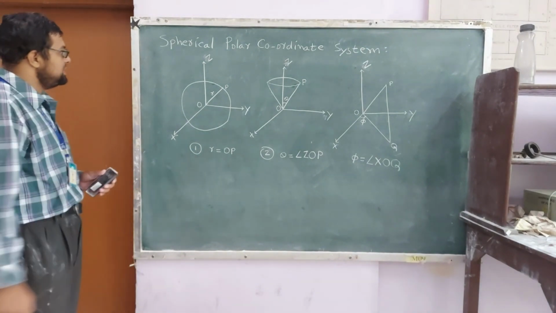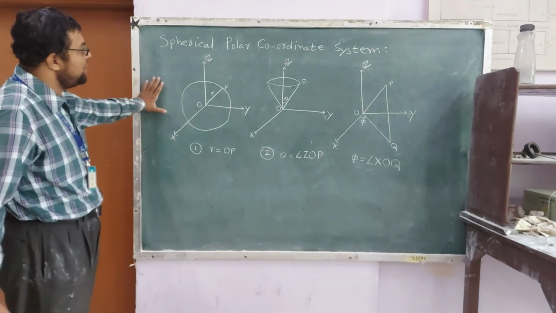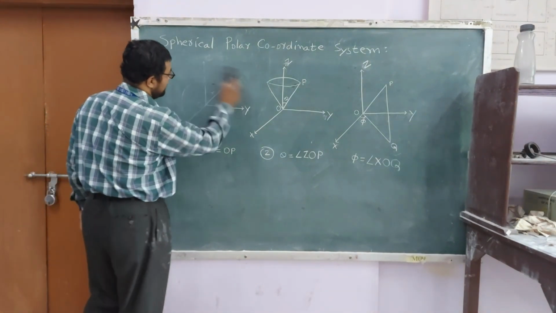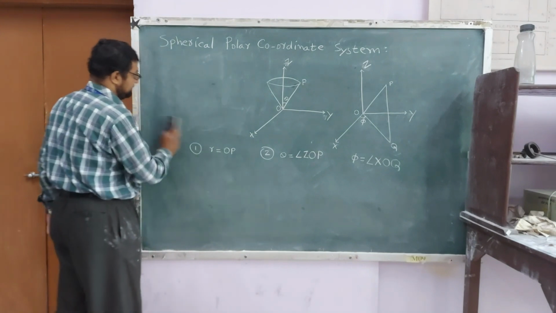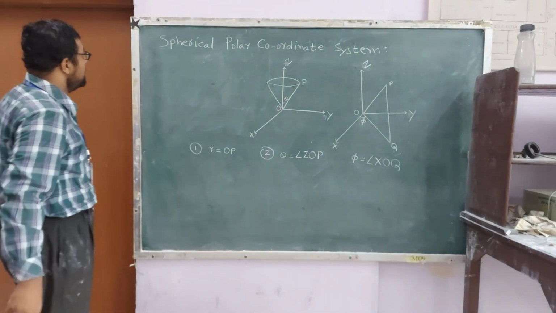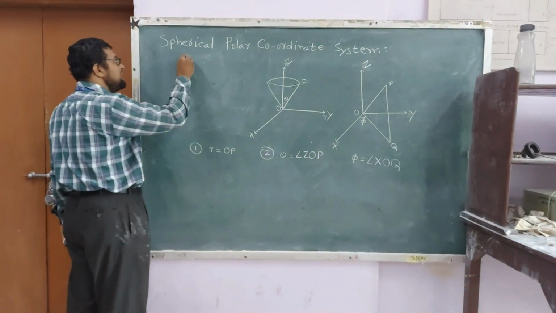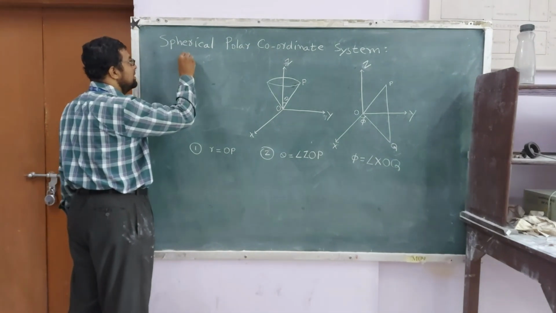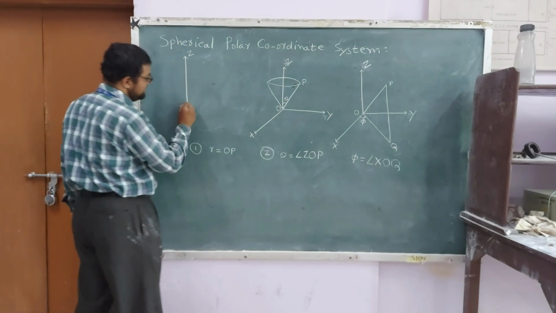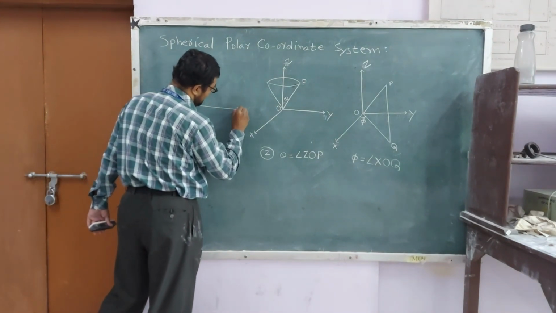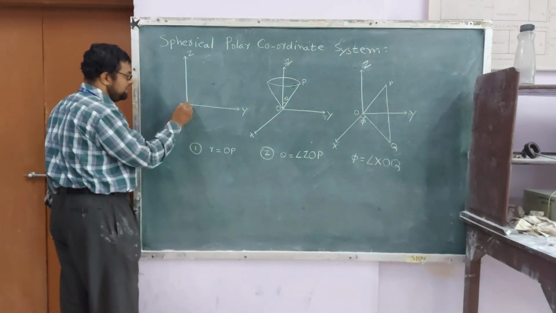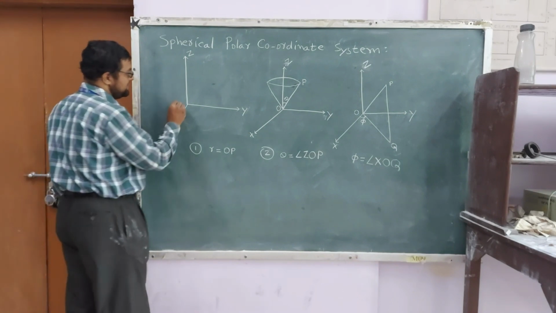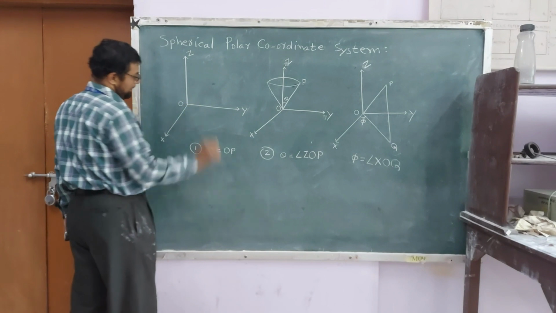So for that purpose, I think I will draw it here. So I will just rub this part here. So for that purpose, what we will do is we will again consider this is our Z axis. Then this is our Y axis, capital Y, right? This is our small x, and this is nothing but what? X axis. And this is our origin, of course.